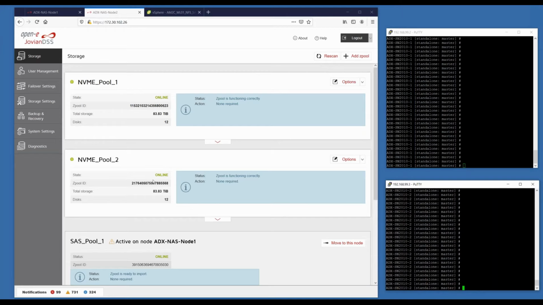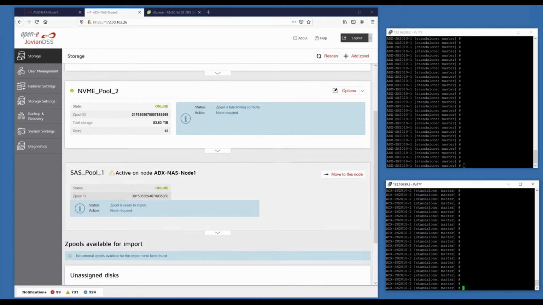And again, in all transparency, our NVMe pools are not in production yet. Our SAS pool is in production. It does have VMs on it, so that was the other one I wanted to keep going. I'll go ahead and get that one started. Like I said, this is because we're still in proof of concept, so our environment isn't completely built out yet.